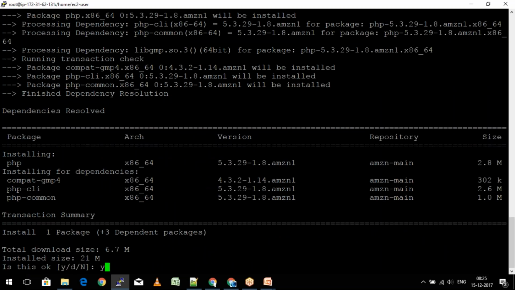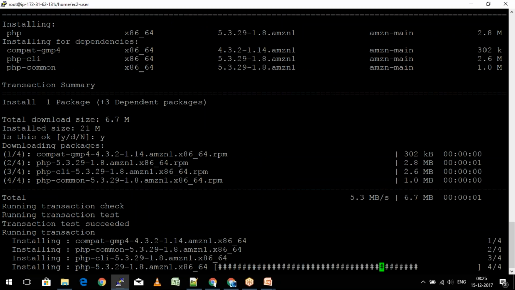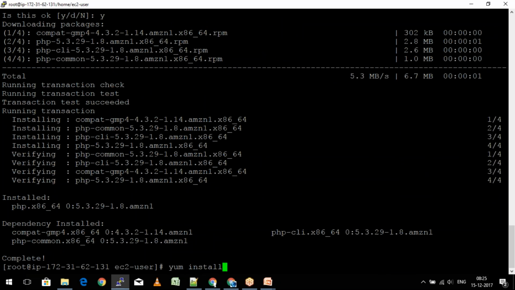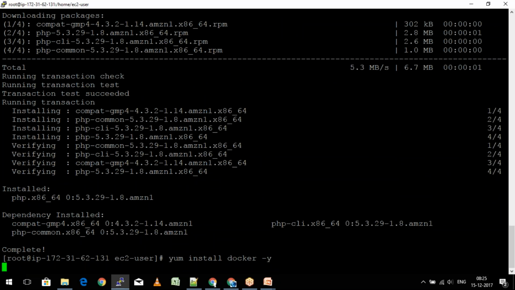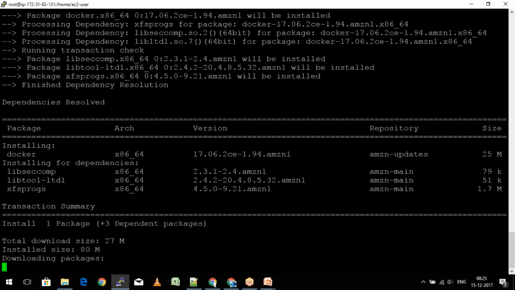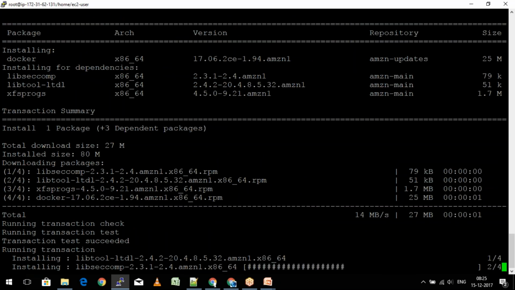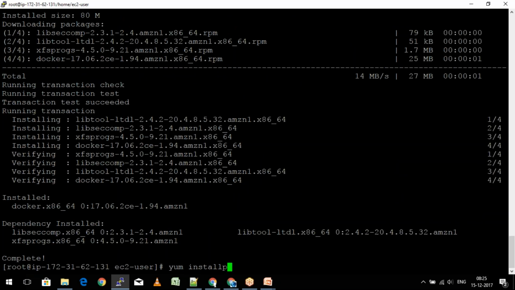Then let's say I want to install a few more software packages, like yum install, let's say I want to install Docker as well. I would like to also install MySQL, PHP MySQL.